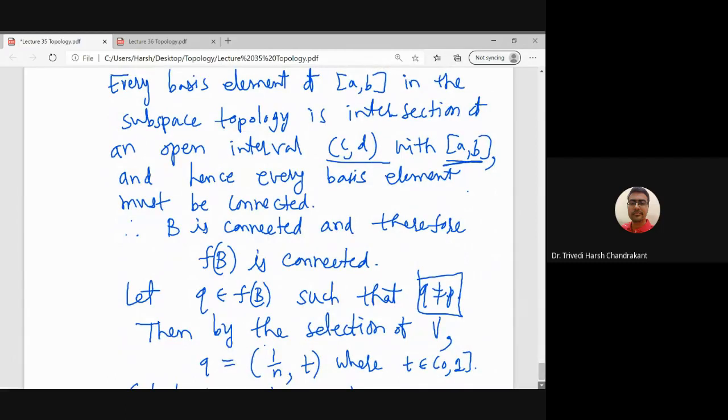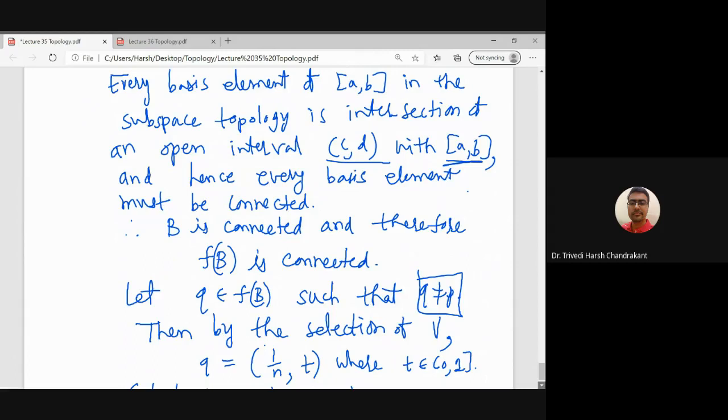So f maps a connected set to a connected set. Since connectedness is a topological property, it is preserved under continuous functions. So f of B is connected,